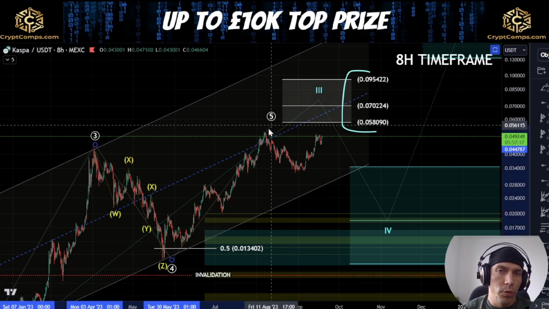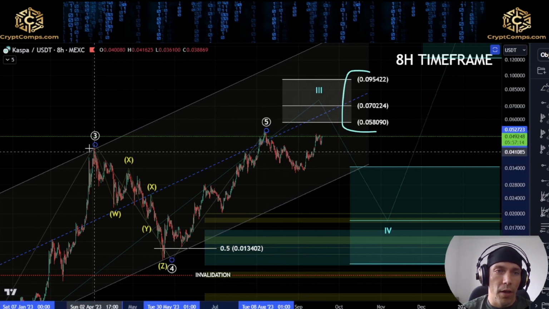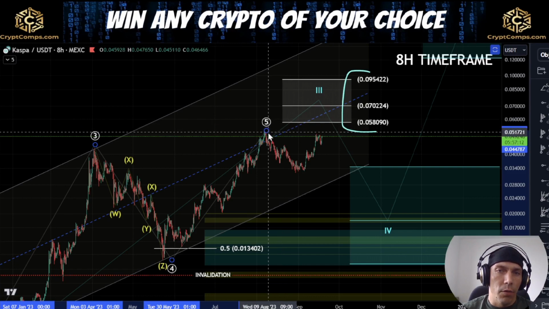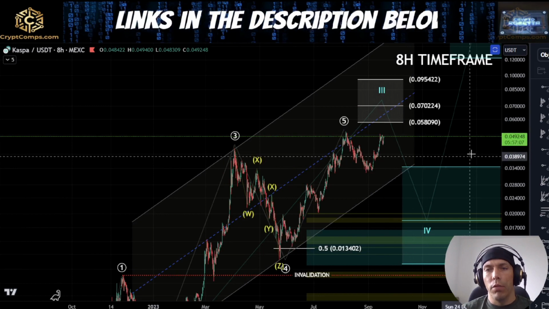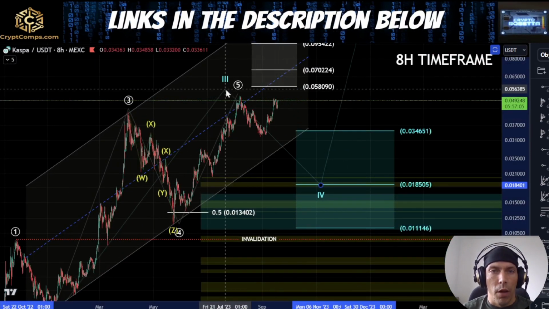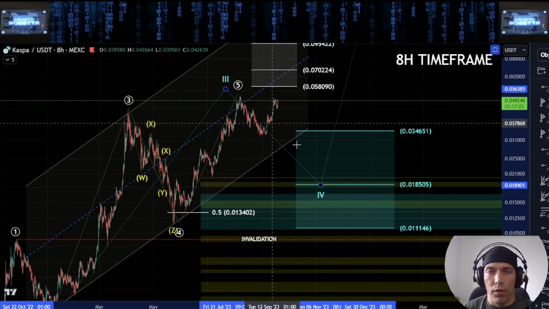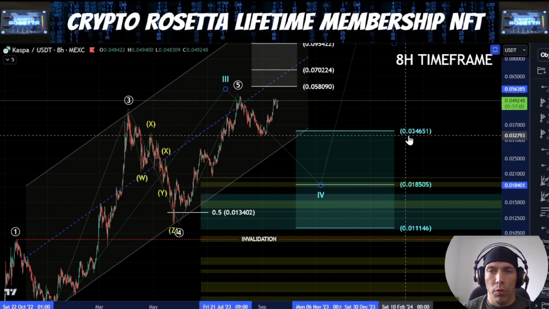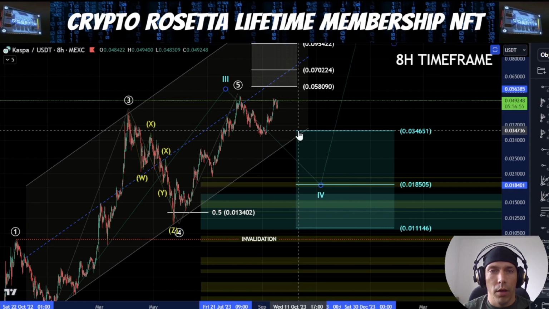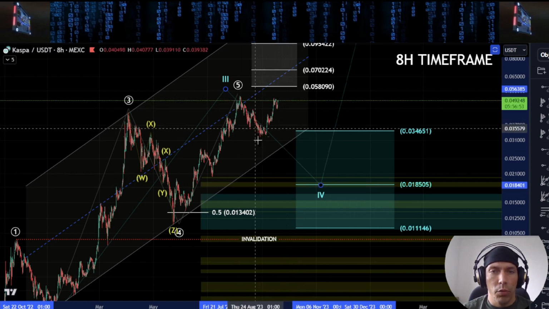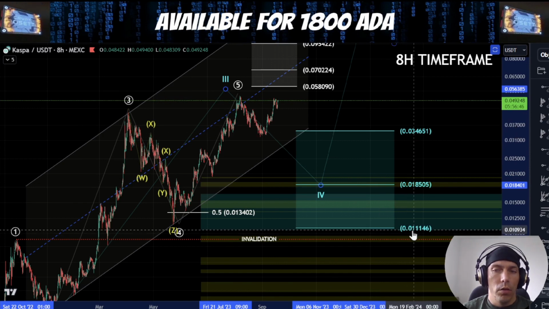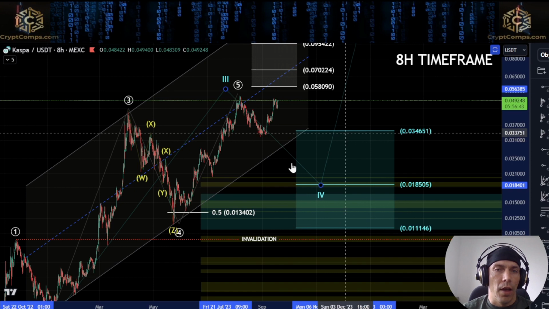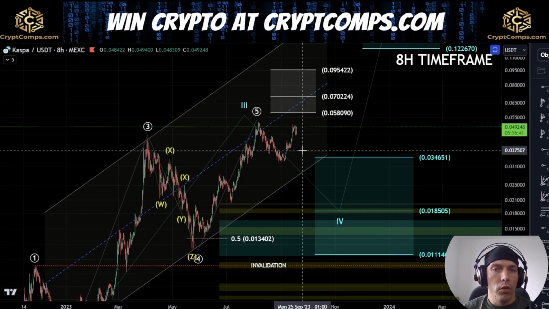Now, it is also possible that we can count this fifth wave into this point and that it just didn't have enough power to actually reach this higher target area, in which case what we could still be looking for here is actually that this blue wave 3 has completed and we could still see a deeper retracement. Target zone would be between this 0.34651, which we've already come into over here, but I would be looking for a more substantial push to the downside, and that would be looking for somewhere between that zone and this 0.11146 as a potential target to the downside.